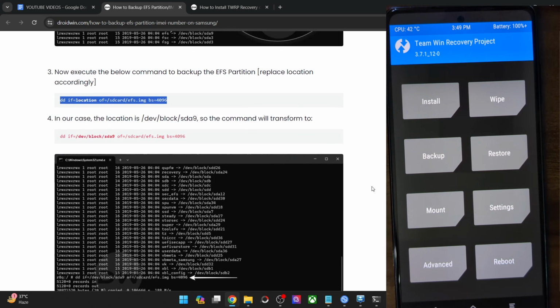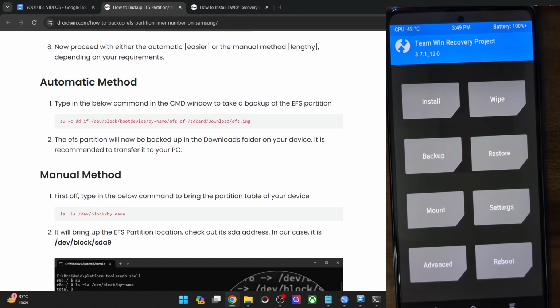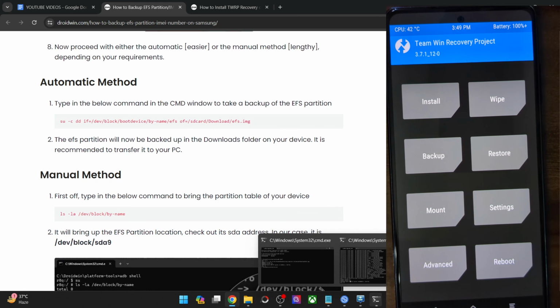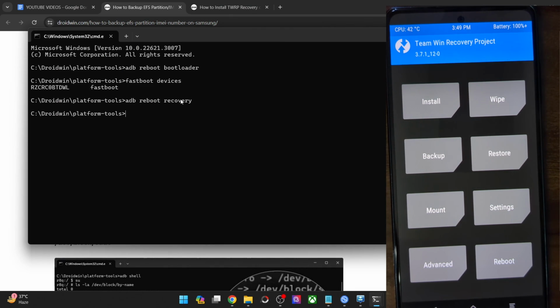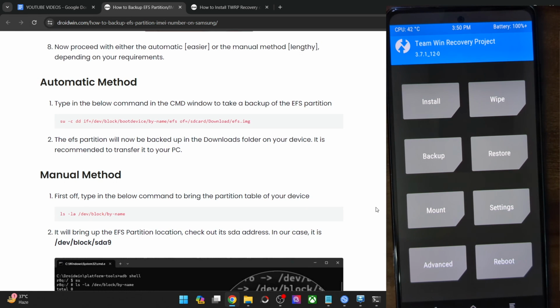In the case of recovery, you will have to use the Nandroid backup feature, and in case of the adb command, you may do a restore by simply using the fastboot flash command, fastboot flash efs.img, and then hit enter, and the flashing will then be carried out, and this will rectify the EFS issue, and then you will get back the IMEI number.